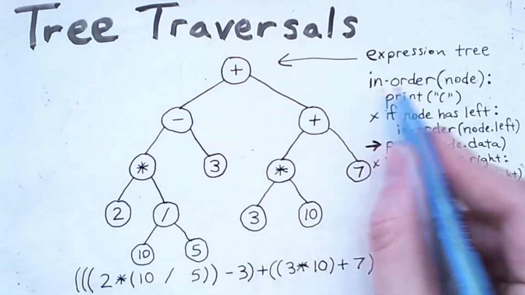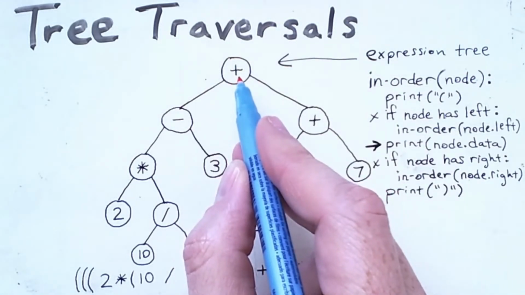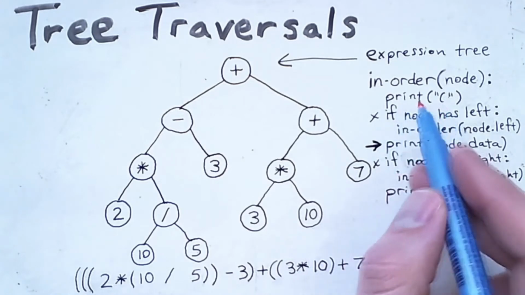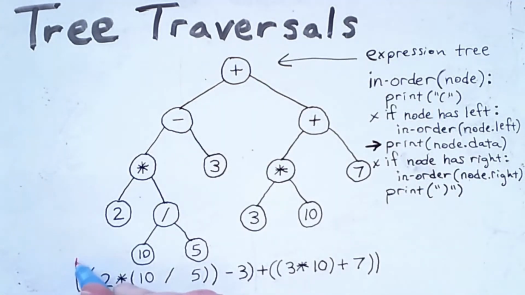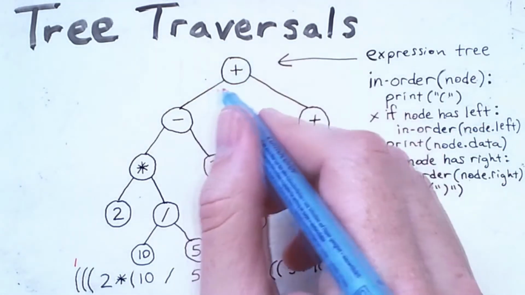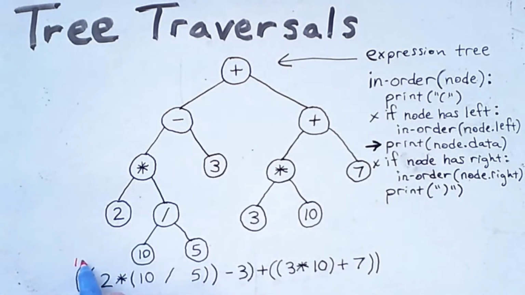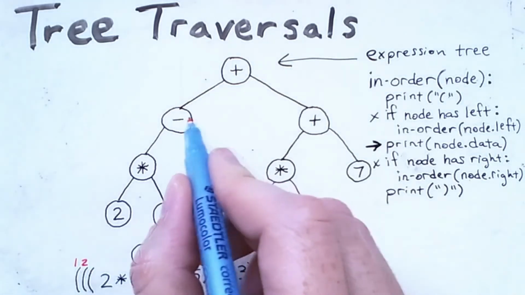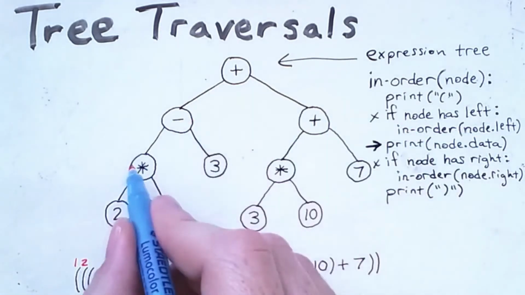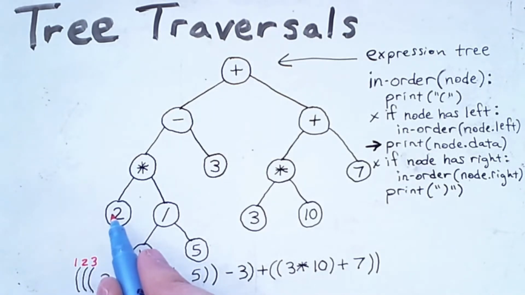So if I call in order with the root, I would be here. However, the first thing this code does after printing the parenthesis, so we would print that parenthesis there, is check the left node. So we go to the left. Well, once we're at the left node, we print a parenthesis, it's the second thing we do, and then we go to the left. So we're here now. We print a parenthesis for that one. Then we go to the left. And then here,